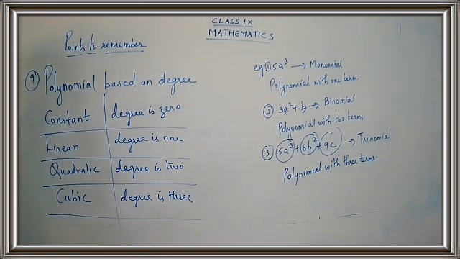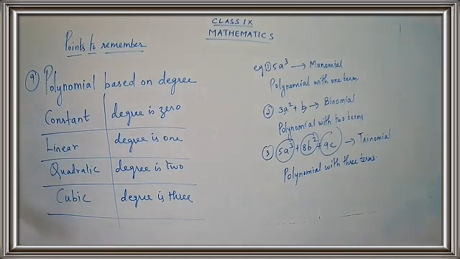So totally you have 7 types of polynomials. Okay. So the first three are monomial, binomial, trinomial, and those 3 are based on the terms and these 4 are based on the degree. So monomial, binomial, trinomial, constant, linear, quadratic, cubic. So totally you have 7 different types of polynomials. Clear, children? This is just a simple explanation for the polynomial and I'll be explaining this in detail with the help of an example.